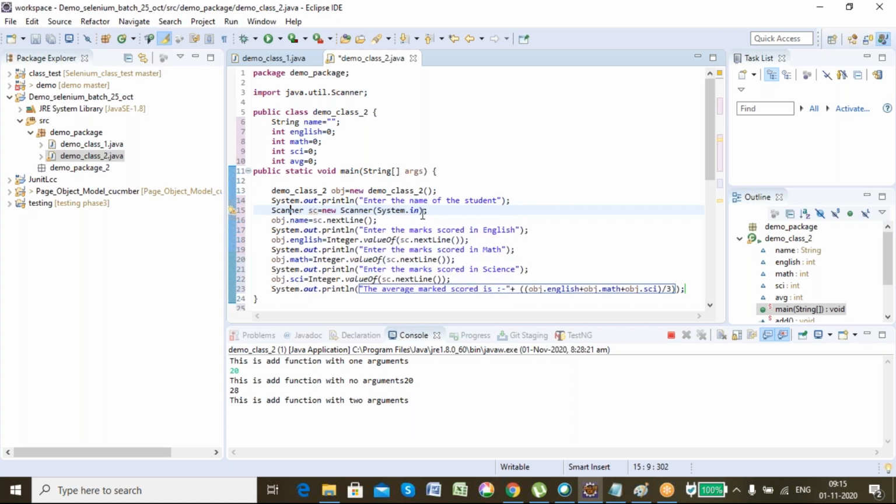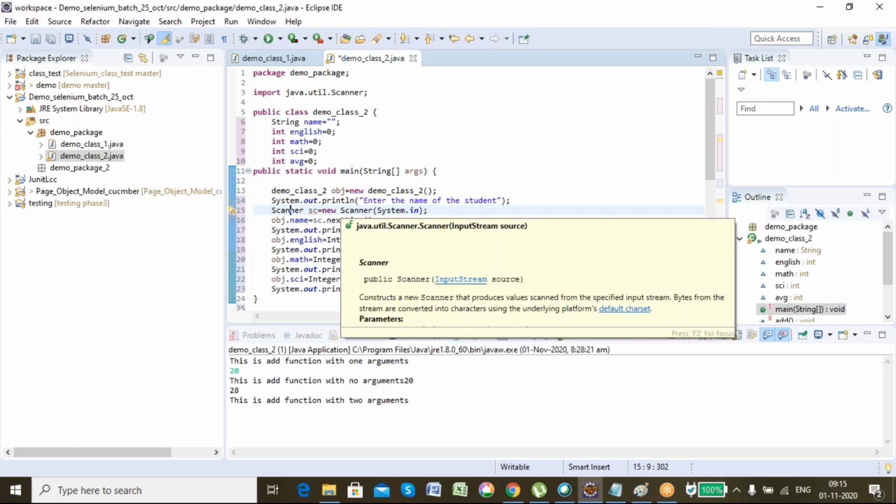I'll make you understand what is the argument which we pass while creating an object when we read about constructors. In earlier classes we saw that we didn't pass any argument while creating an object, but here you are seeing that we are passing an argument while creating an object. So you will learn about it when we learn about constructors. Just for now, remember Scanner is a predefined class of Java for which we have just created an object, and we'll use that object to take input from the keyboard.